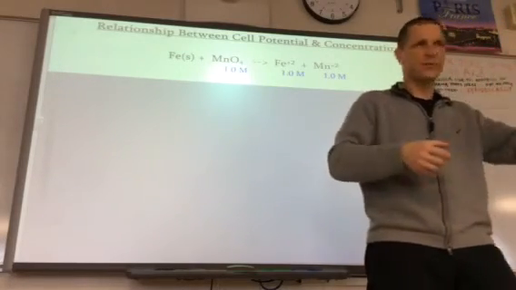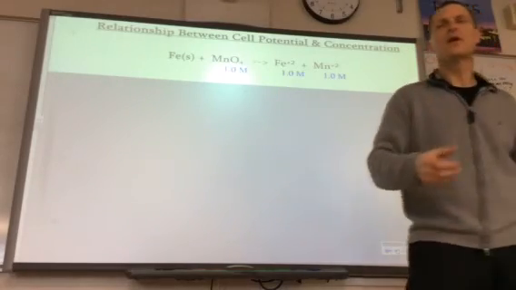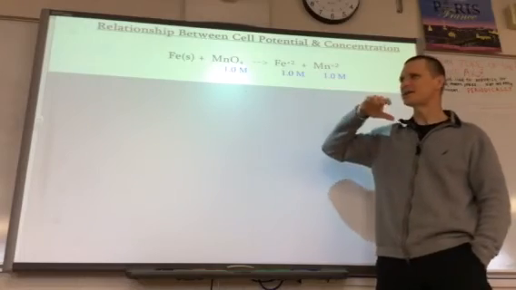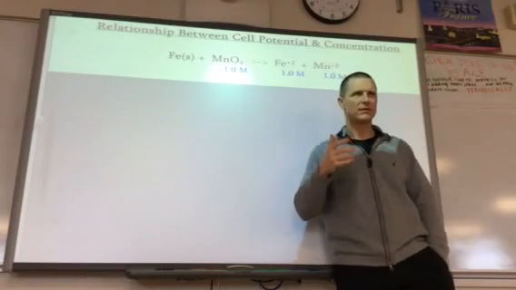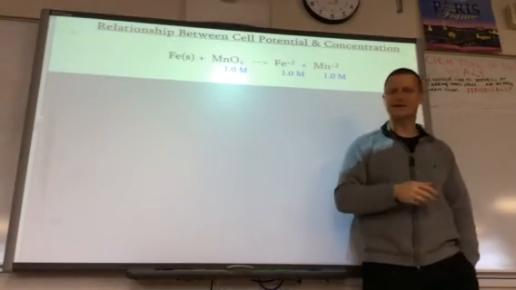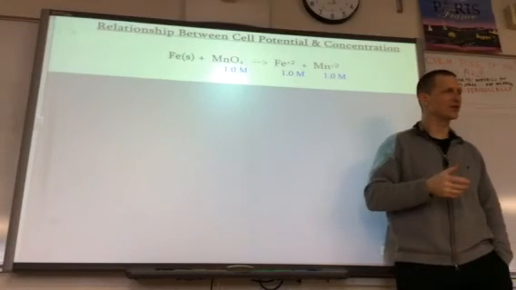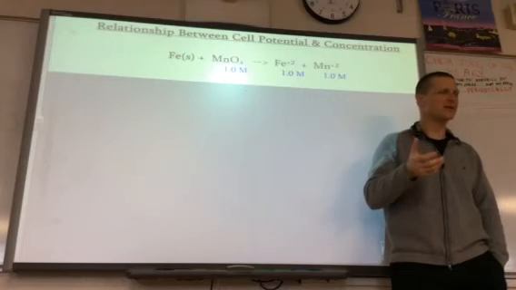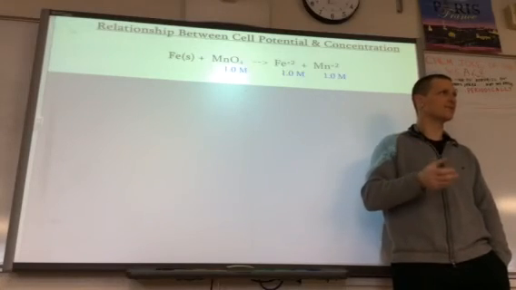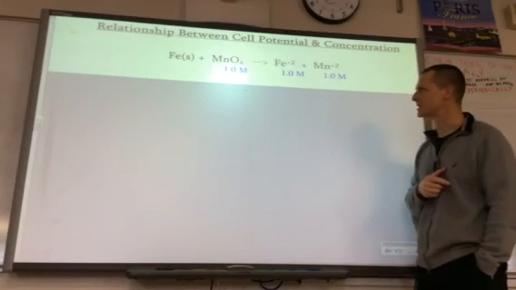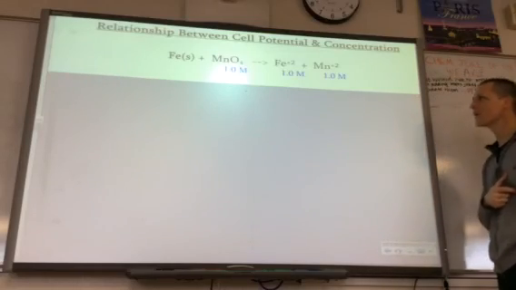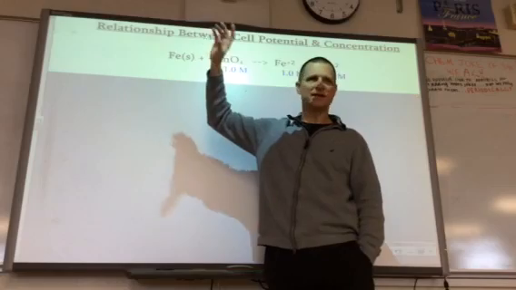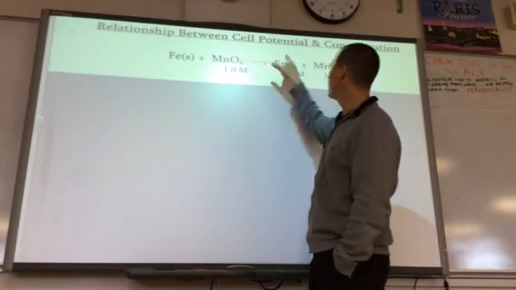The reactants get used up, the products get made, and so they're different now. So it's very tough to deal with, knowing that that table is only good for standard conditions. We're going to have to come up with another formula that we can find the potential with if we're not in standard conditions. So that's what this is going to get us into. So right now, I have a solid in the reactants, and that doesn't have a concentration. But then I have 3